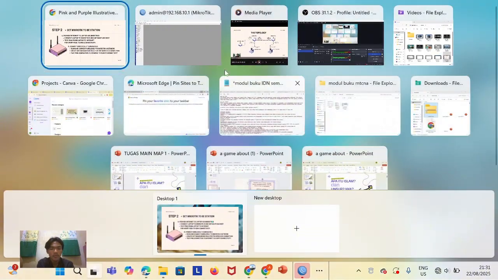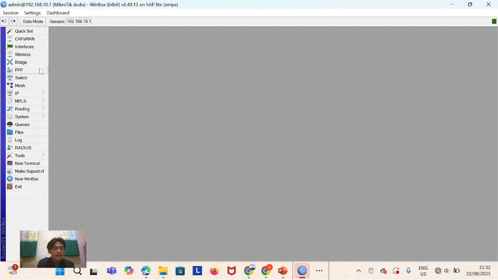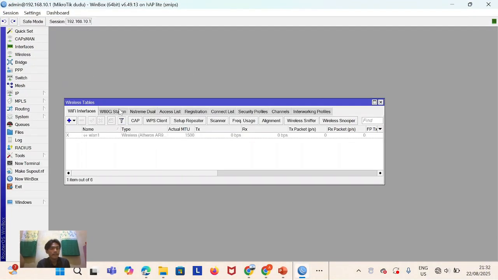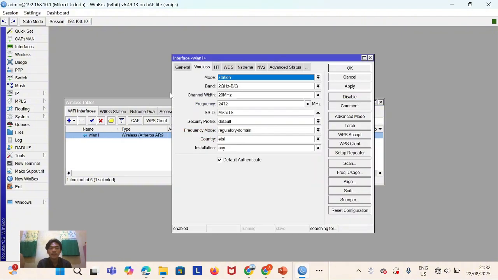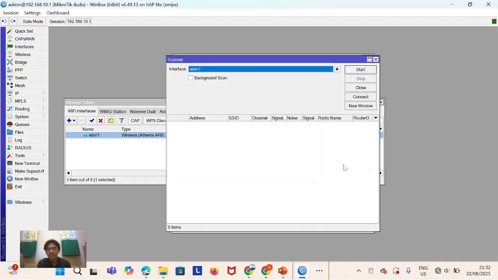Then you open Winbox, Wireless. And then enable it. Press this button to turn it on, and double click. You can scan.